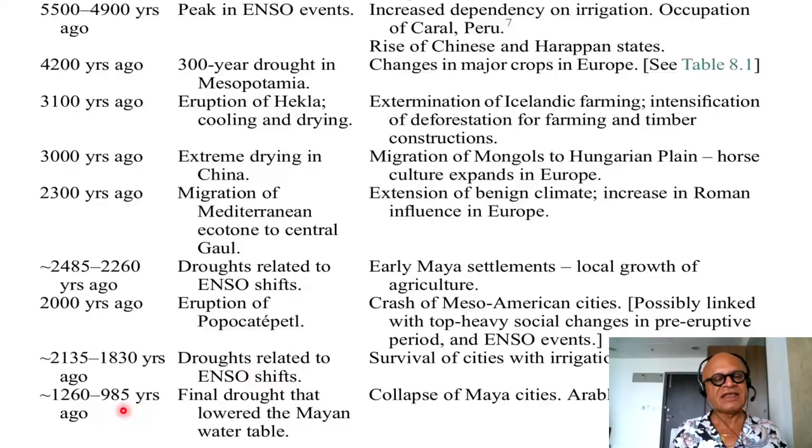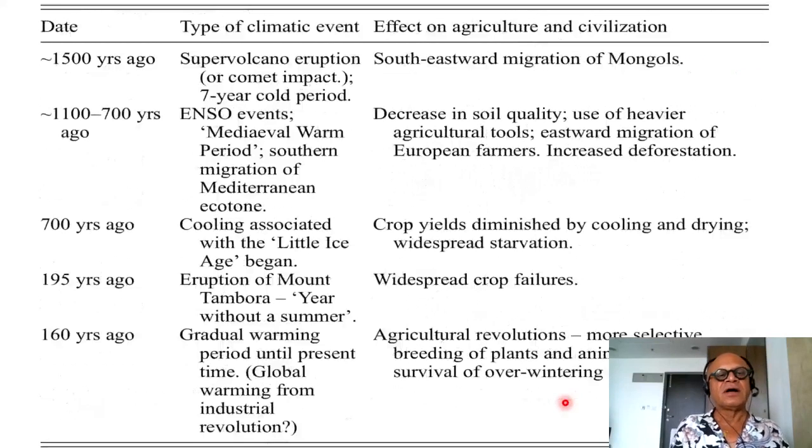1260 to 985 years ago, final drought that lowered the Mayan water table, collapse of Maya cities, and arable areas got desertified. Coming closer, type of climatic event effect on agriculture and civilization at 1500 years ago. A supervolcano eruption or a comet impact produced a 7-year cold period. So southeastward migration of the Mongols,